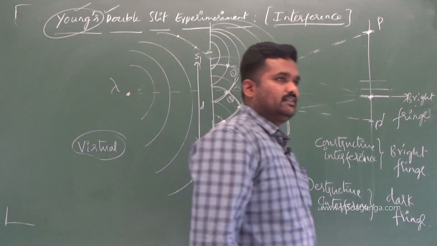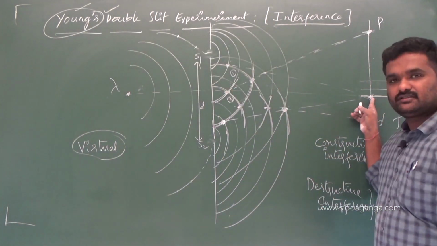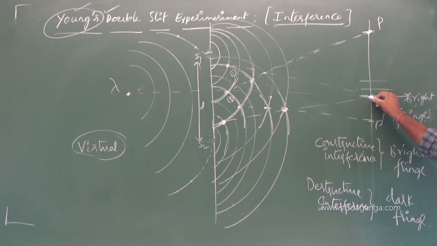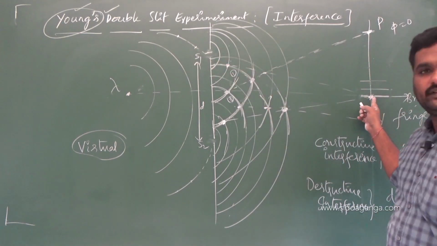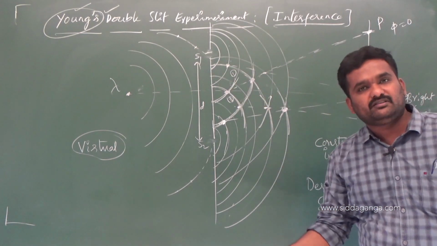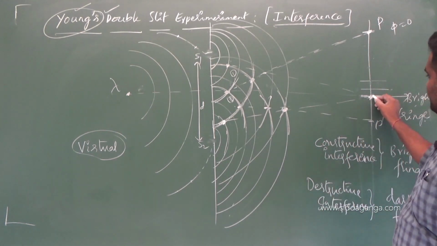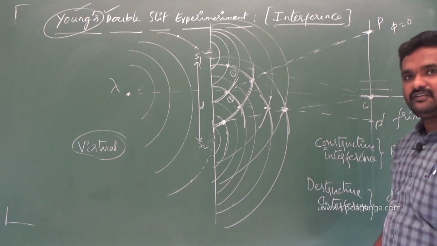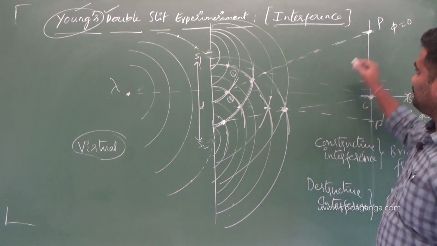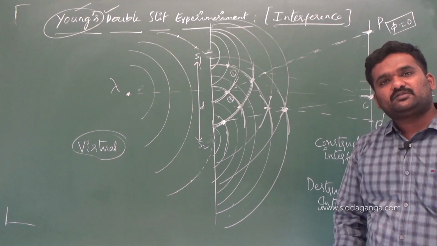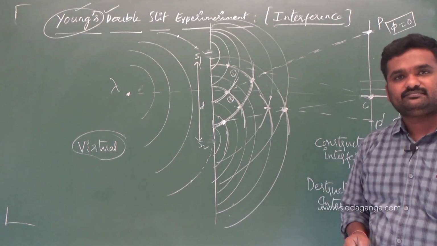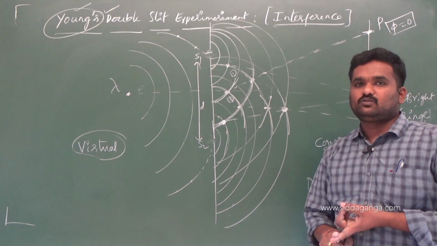First, constructive interference is at the central bright fringe, right? What should be the value of phase difference for the waves to form at this point? Phi equals 0. Why? Because they will travel equal distances. Path difference is 0 between them. Path difference 0 means obviously phase difference should be 0. That's why exactly at the center, which type of interference? Constructive interference. And phase difference should be equal to what? 0. After 0, what phase are we going to get again? 2 pi. Next constructive interference will be at 2 pi, we have studied.